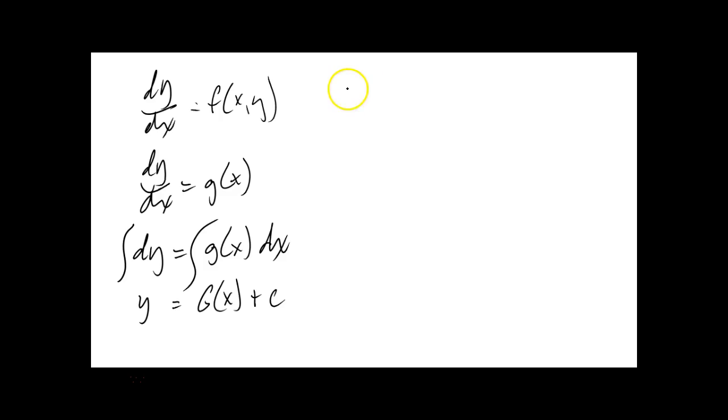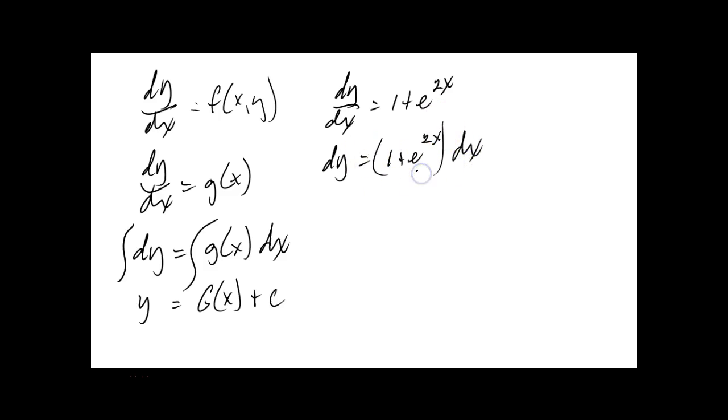These are so nice. dy dx is equal to 1 plus e to the 2x. Okay? How would you proceed? Yeah, write it as a differential. dy is equal to (1 plus e to the 2x) dx. You might, if you want to, put that in parentheses. I don't care. It might help you see it or understand it better. And then you integrate both sides. This will give you y. This gives you, if you integrate one, you get